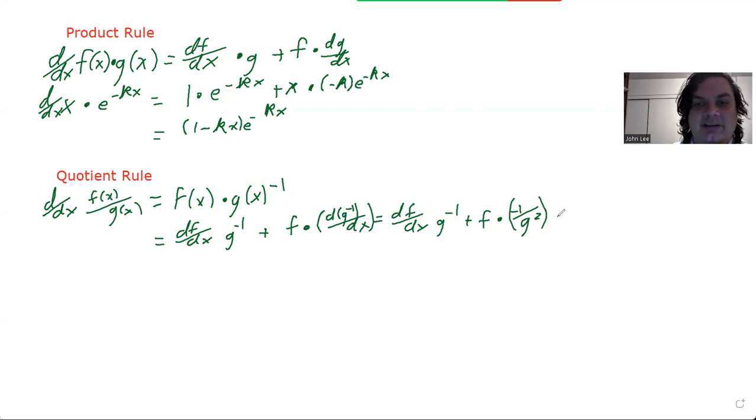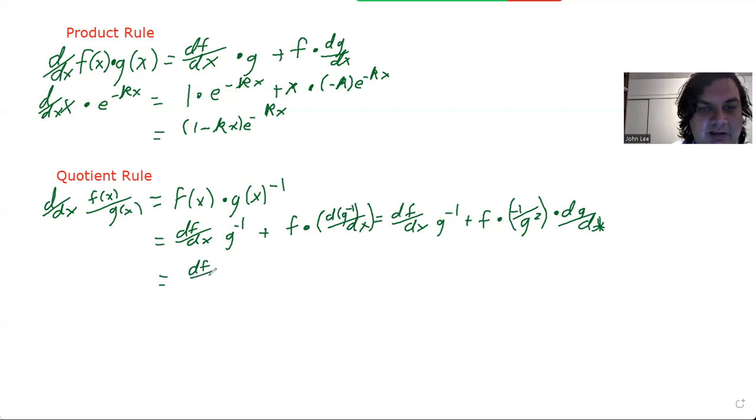So negative 1 over g squared times the derivative of what's inside, dg dx,